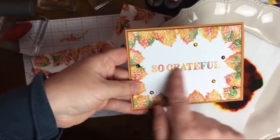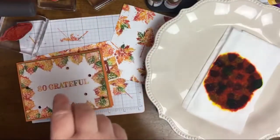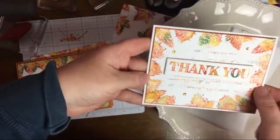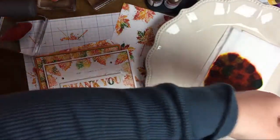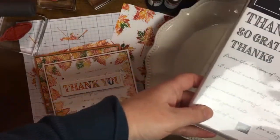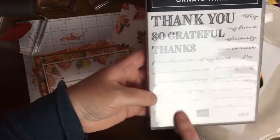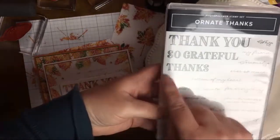So with this card, we just did really simple stamping with the So Grateful. So literally just the sentiment in here. And then on this one, we actually created a background. So let me show you that really quickly. And if you look at Ornate Thanks, so this one here, just going to move this stuff out of the way really quickly. Okay, so you see all of these different options that you can combine with thank you, my friend, you know,